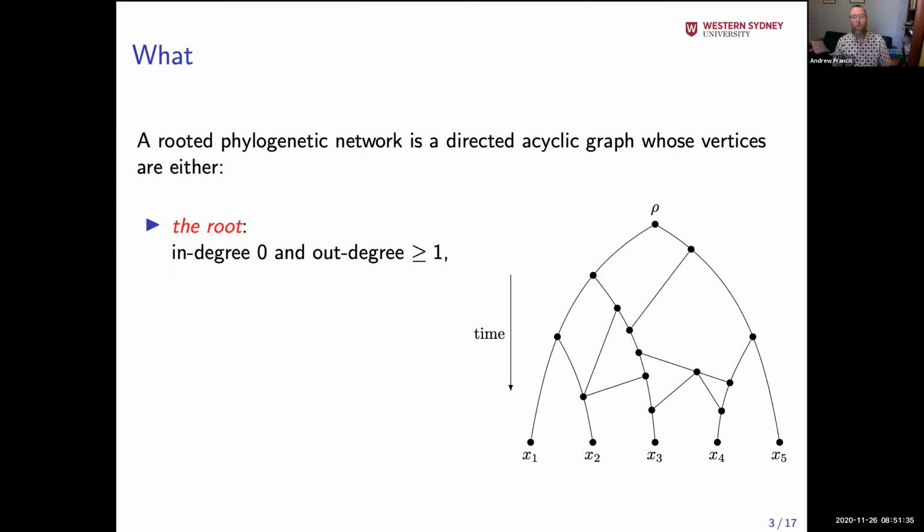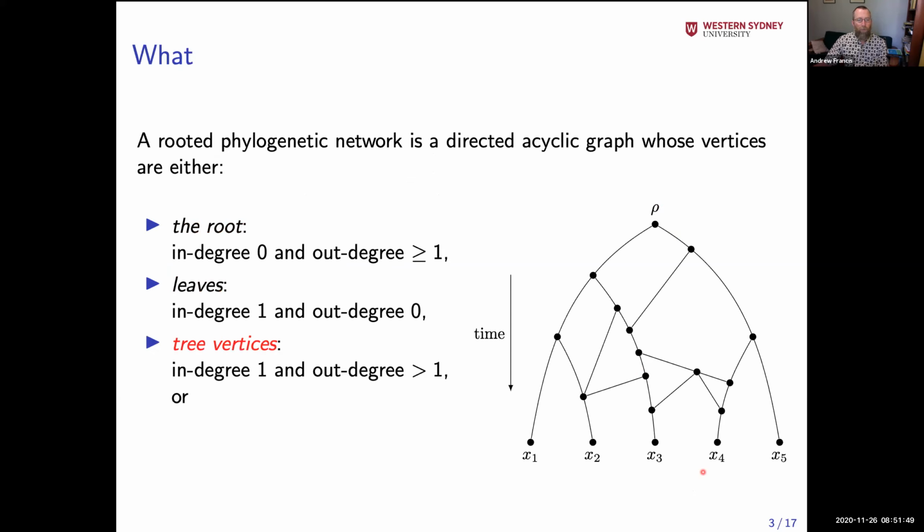So what I'm talking about in relation to a network is a rooted phylogenetic network. It's going to have a root, which is marked by rho here, and it's going to have leaves, these X's down the bottom. They have in degree 1 and out degree 0. Tree vertices, such as these, have in degree 1 and out degree greater than 1. So if you're a binary person, you'll realize these are not binary networks. This has got out degree 3 here, for instance, that's a tree vertex. And reticulation vertices, which have in degree more than 1 and out degree 1. So this is a reticulation vertex here, which has in degree 3, and there are a few others around.